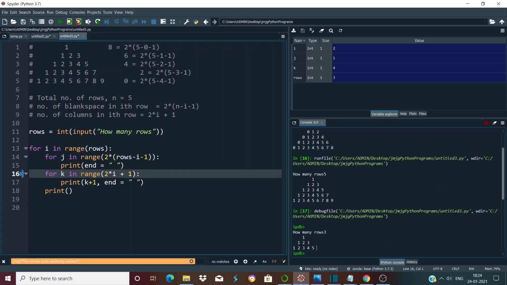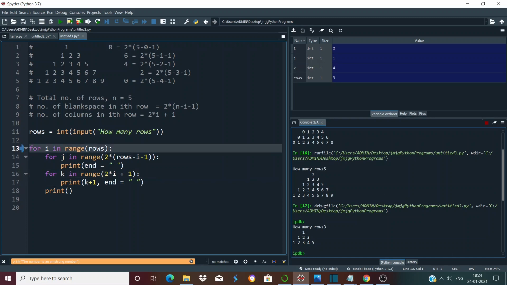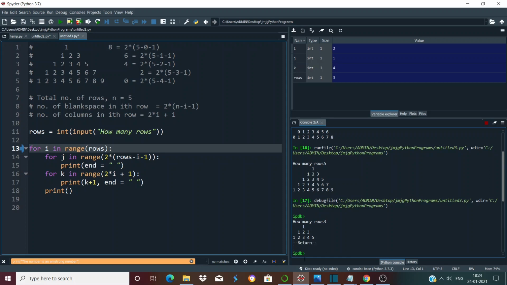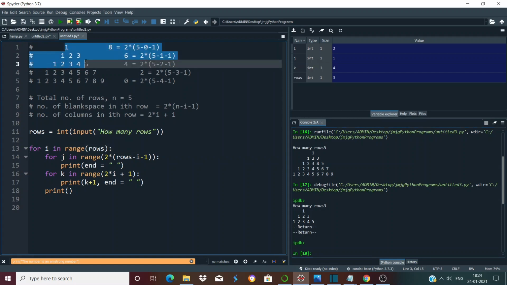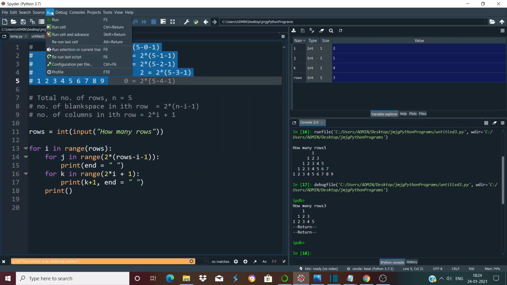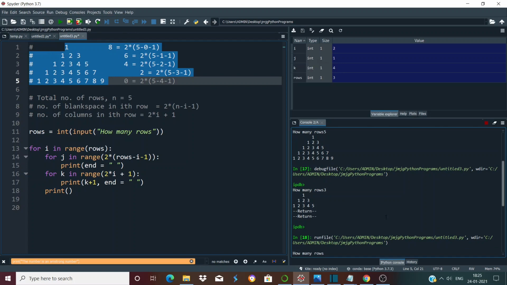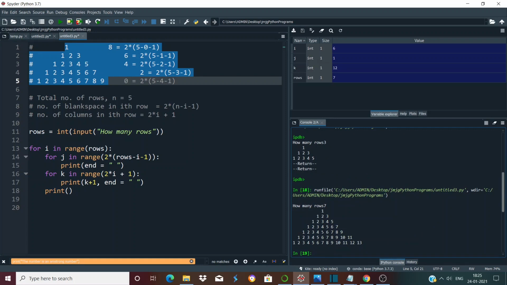So it will again go to line number 18, print a new line, and it goes to line number 13. As we have exhausted all the iterations of the outer loop, that's where our code execution will end, which you can see from this return statement. Now if we again press Ctrl plus F10, it will end the debugging session, right? So that's how we can print this pattern with the help of nested loops. If you run the cell again, you can check that for any number of rows. If we enter 7 rows, it will give us the output accordingly, and that's how it goes.